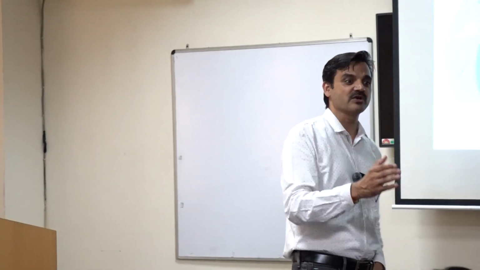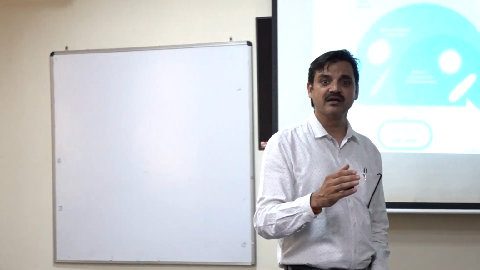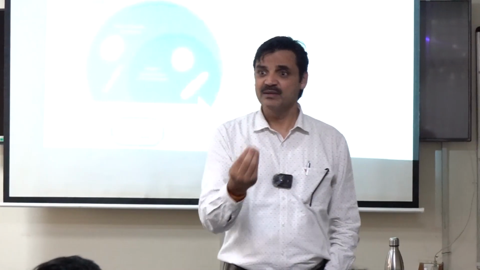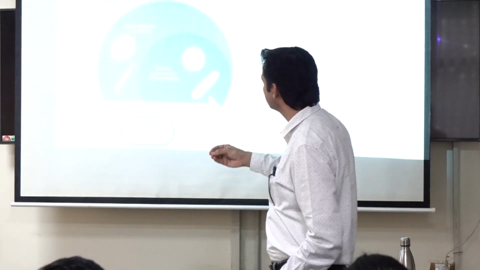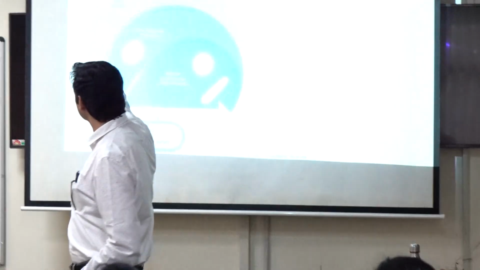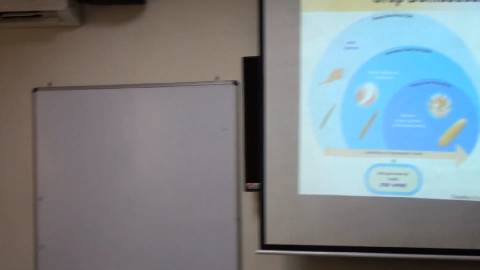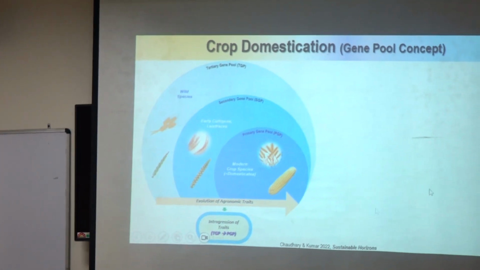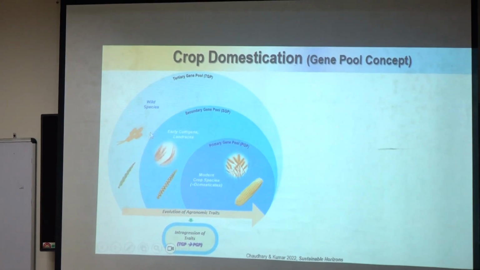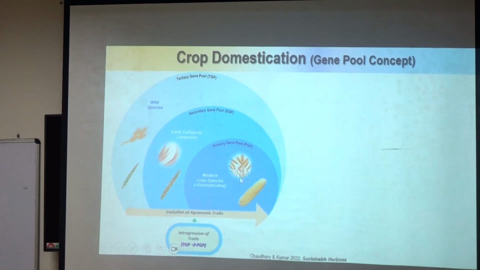We have wild plants, and then we modified them for what? For the produce that we are looking for. In wheat, what do we see? We see seed, grain. So the number of seeds, if you see in wild wheat, the very first picture. I don't know if you have a cursor here. This is wild wheat. This is modern wheat.